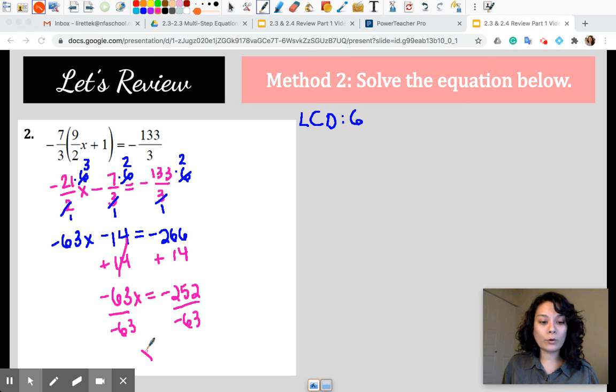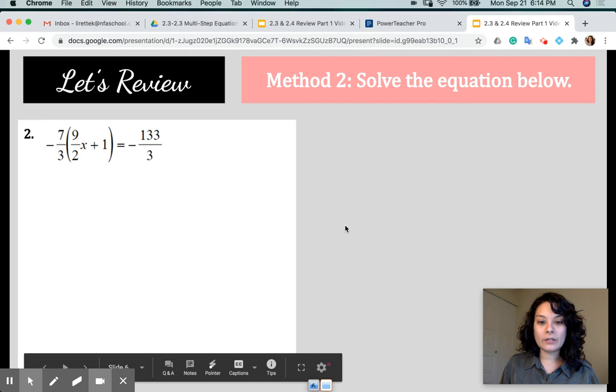And I've already worked this out, so I know that these two negatives will give me a positive, and that when I divide here, it's going to give me 4. But you can certainly verify with a calculator to make sure that we do indeed get the same answer, regardless of which method you choose. Okay? All right, let's take a look at another